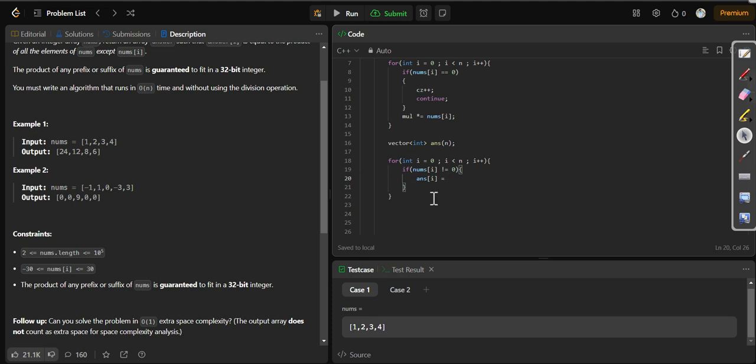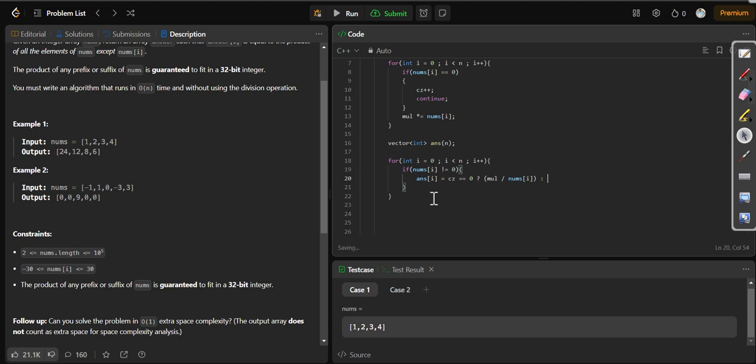So if countZero is equal to 0, it means that there is no 0, then the answer will be mul divided by nums[i].